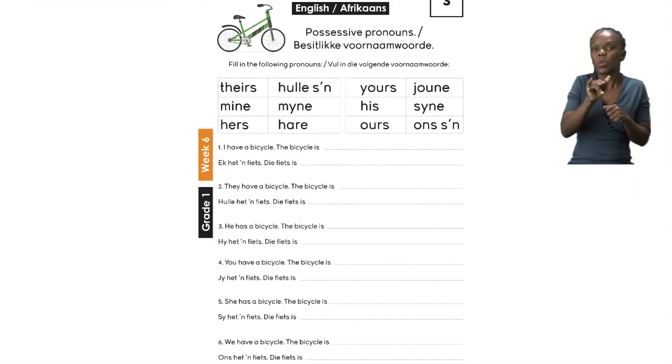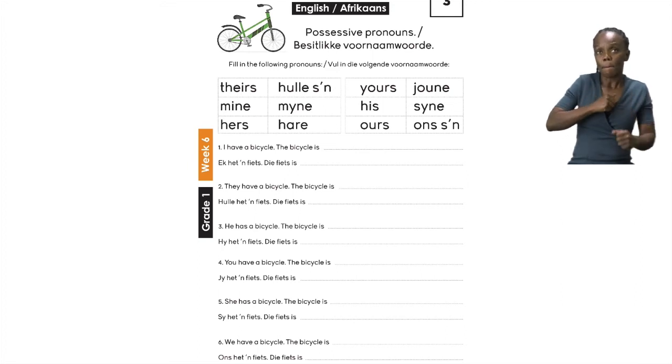Well done, grade ones. We say the bicycle is mine because of the word I have. Remember, the first word in the first sentence is going to give you a clue. Now, I want you to do these by yourself. Make sure that you read about the possessive pronoun that you're about to use. Try and do the action, and then if you think you're not sure, you can always ask for help. Please do your best, fill in the word, and after you're done with that, you can move on